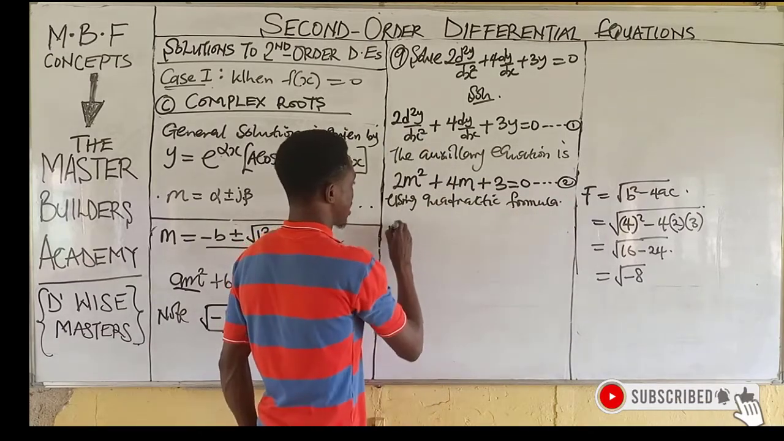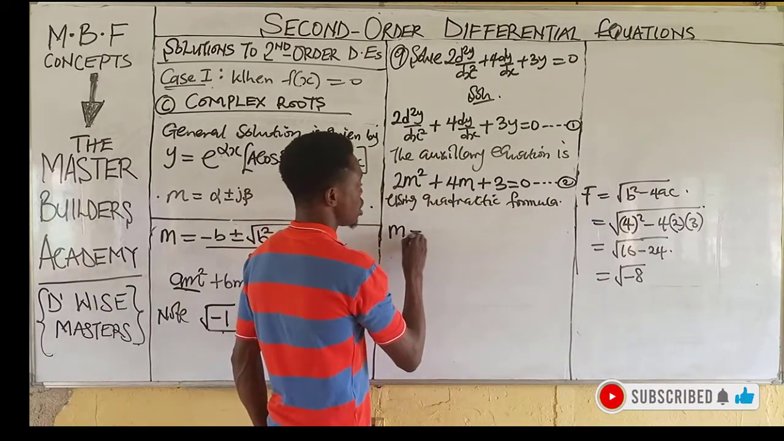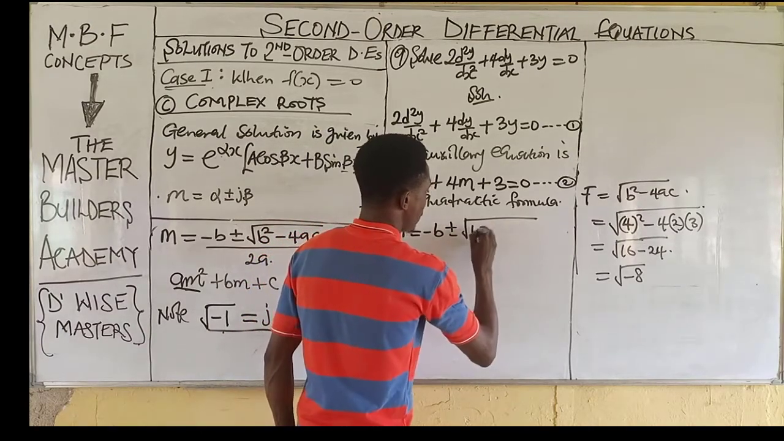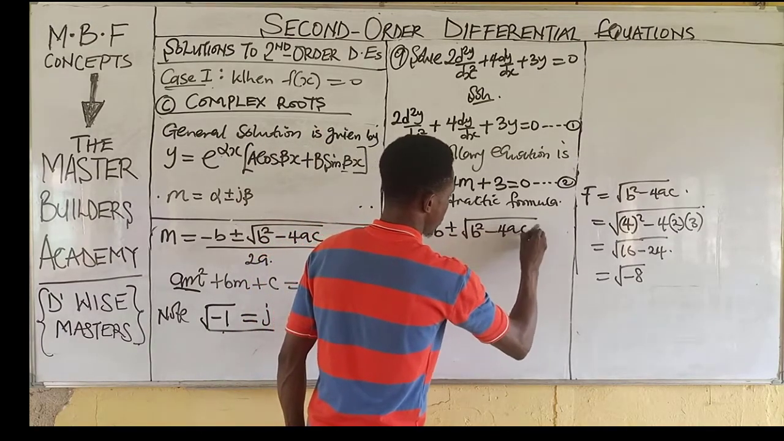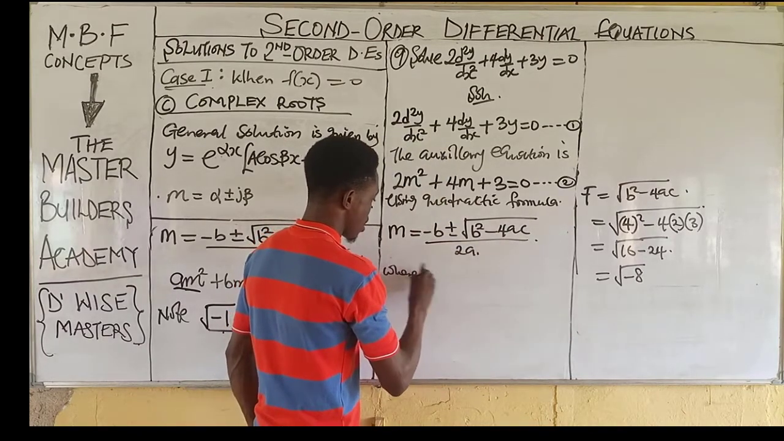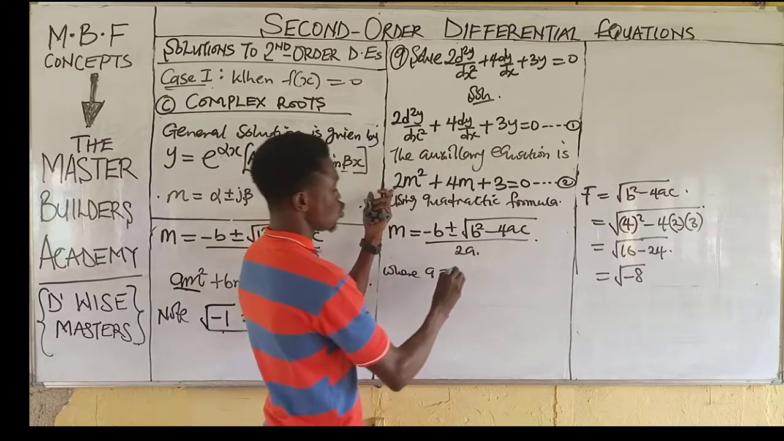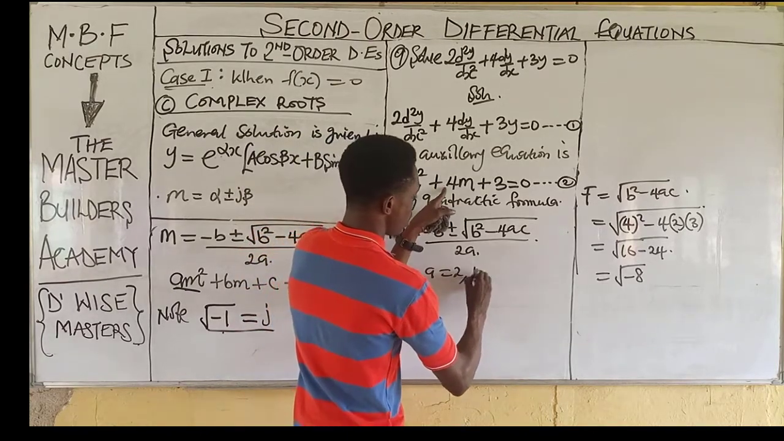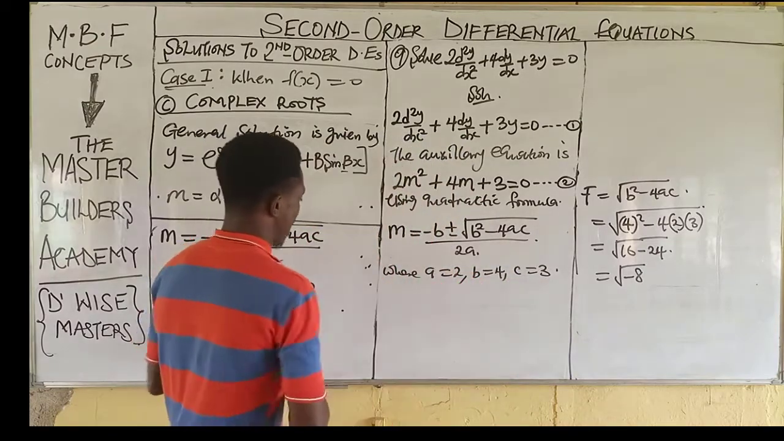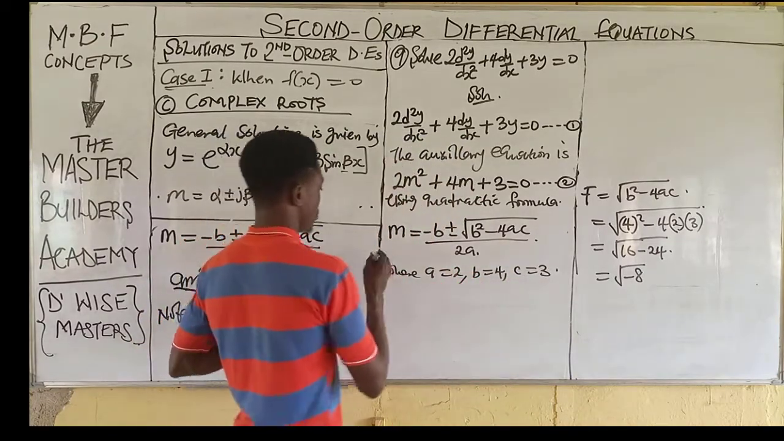Okay, we record that m, which is the unknown, is equal to minus b plus or minus the square root of b squared minus 4ac all over 2a, where a is equal to what? 2, the coefficient of m squared, b is equal to 4, and c is equal to 3. At this point, guys, all we simply need to do